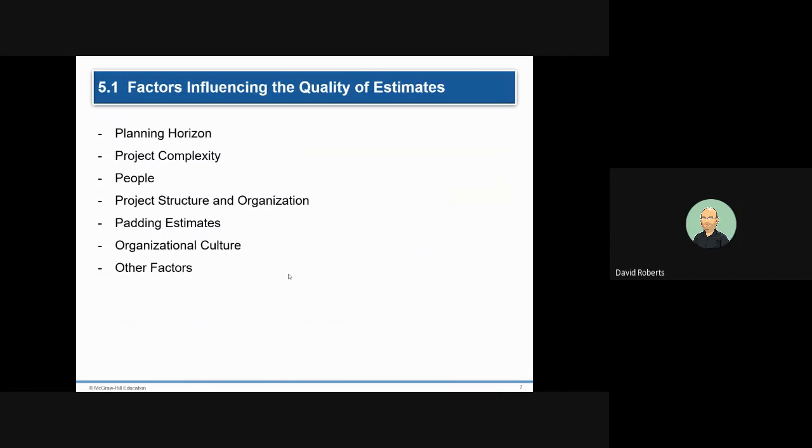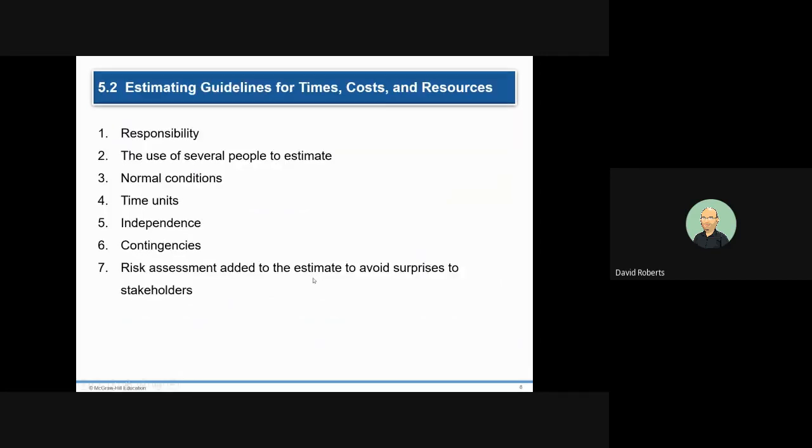You need to pay attention to how far into the future you plan, the complexity. Again, in the last chapter, we talked about structure, padding estimates, like, oh, I want to go to a movie with my friend, and I want to borrow some money from my parents or somebody, and it's like, well, it's really going to cost me this for the movie and this much for popcorn, and I'll add an extra $20. In organizations, that costs them money. So if you pad the estimates too much, the money just gets spent, and you have huge cost overruns.